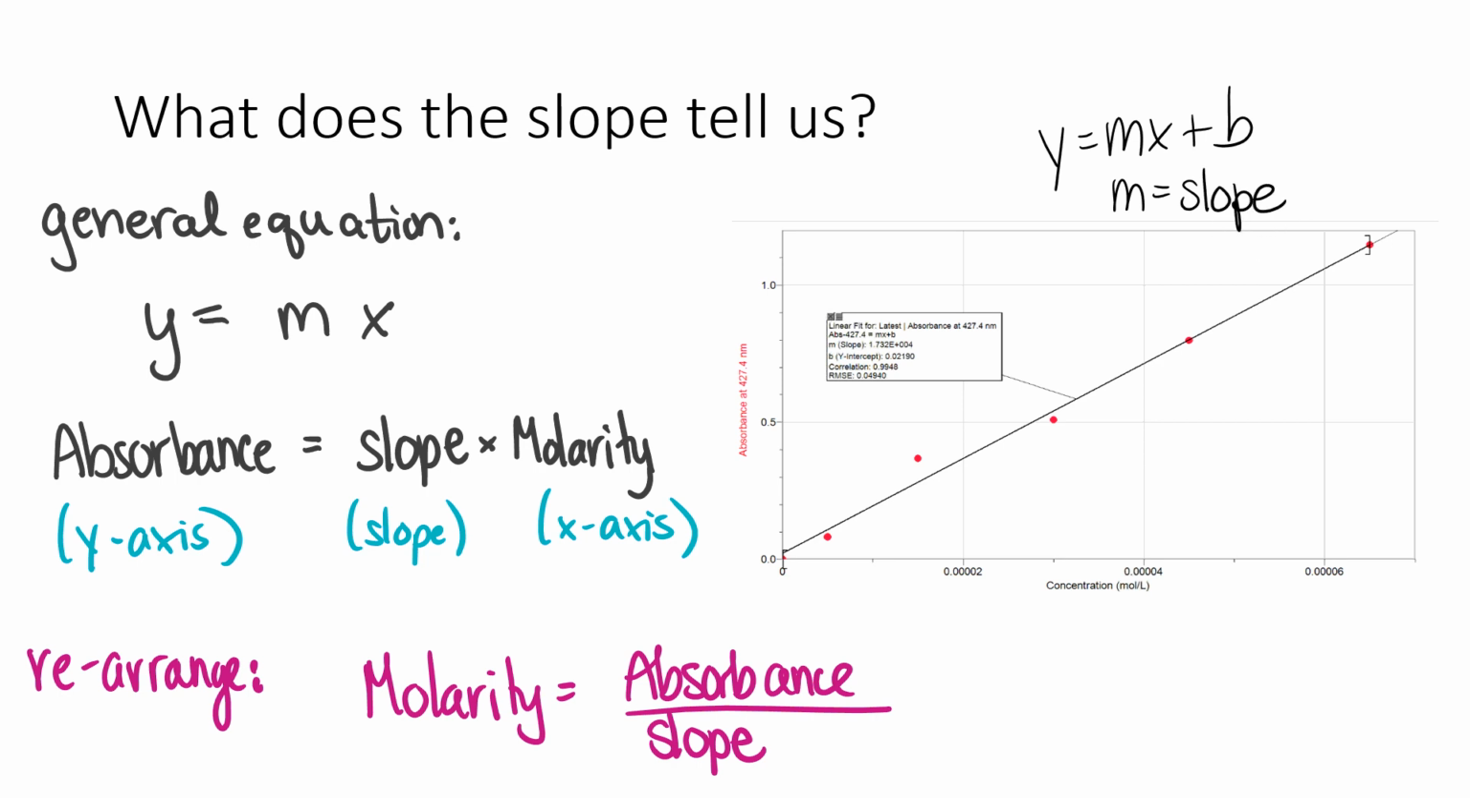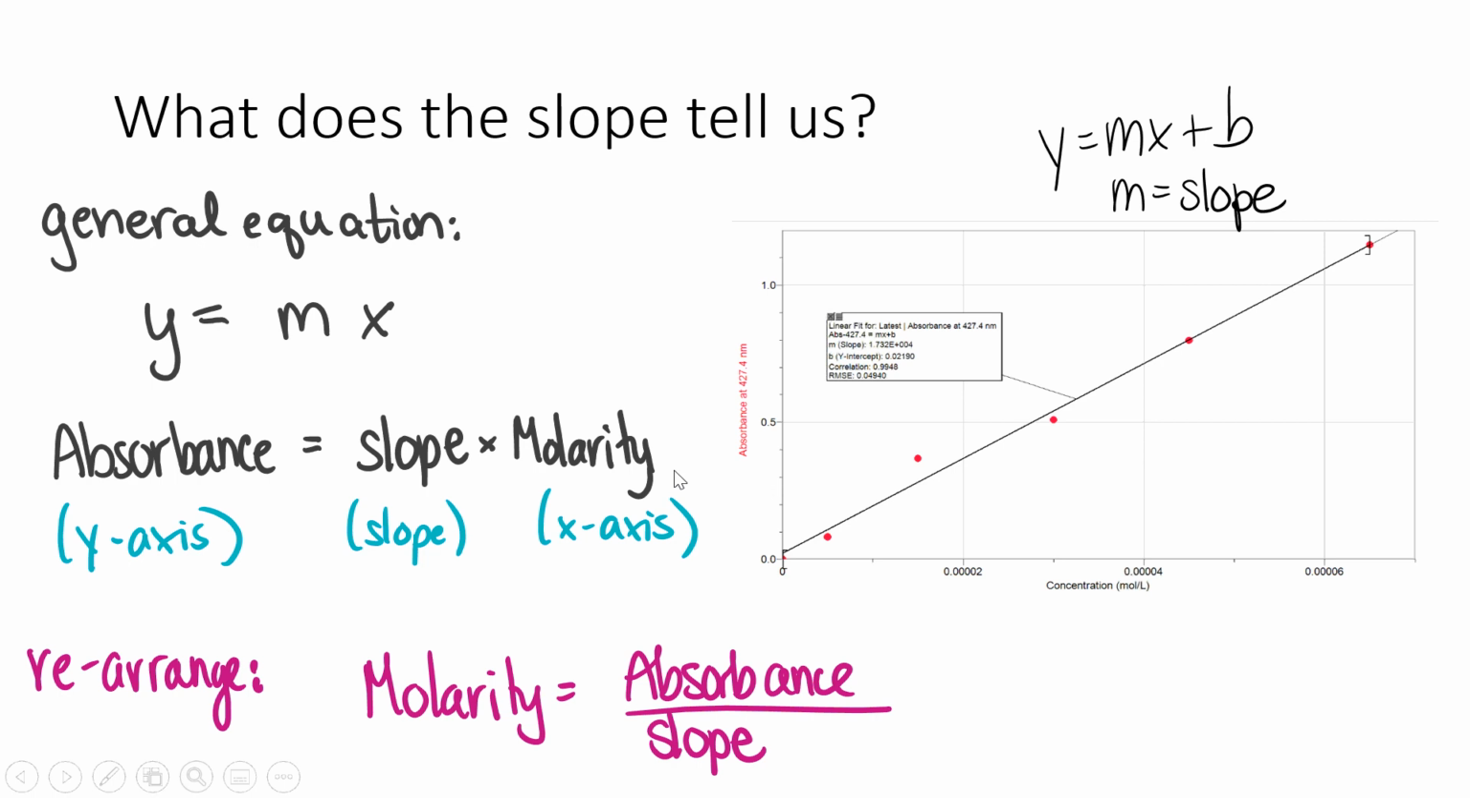So let's think about what that means in this context. Our y-axis is absorbance, so that's y, and our slope is 17,000. And then our x-axis is molarity. So we can take this generic form y equals mx, and we can write it as absorbance equals slope times